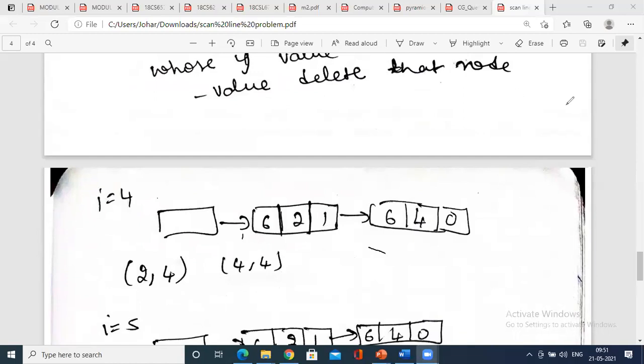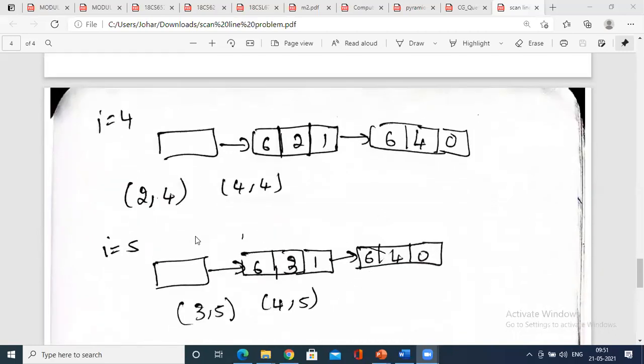Next, immediately, what we are going to do is I equals 5. Again, I equals 5. You have to add the slope. How do you add the slope? So this remains the same. 2 plus 1, 2 plus 1. So this is being continued, okay? 2 plus 1 from the global edge table. So it is 3. Again, 4 plus 0 is being added. So this is b equals 4.